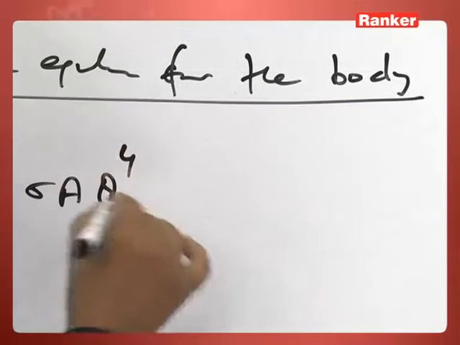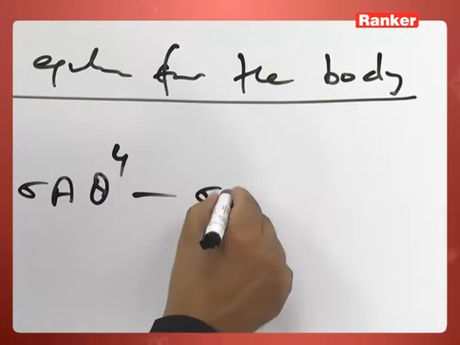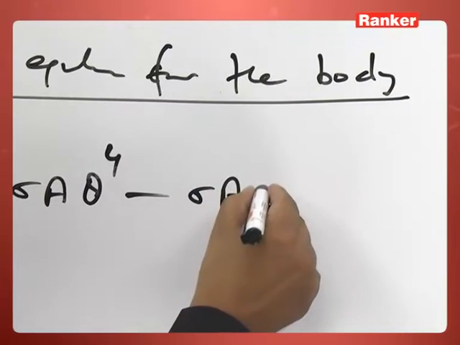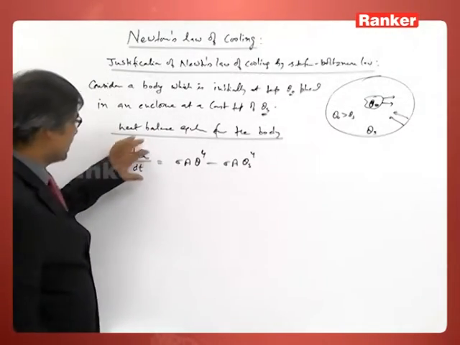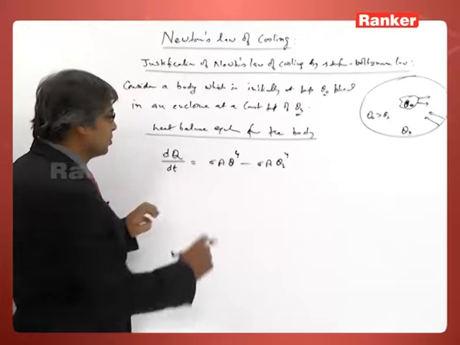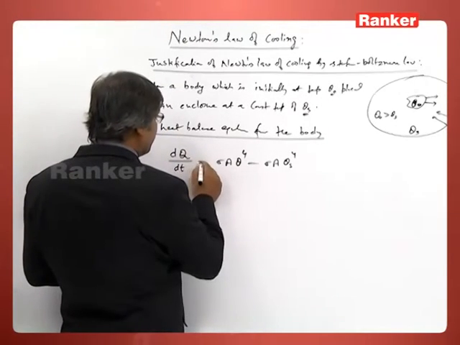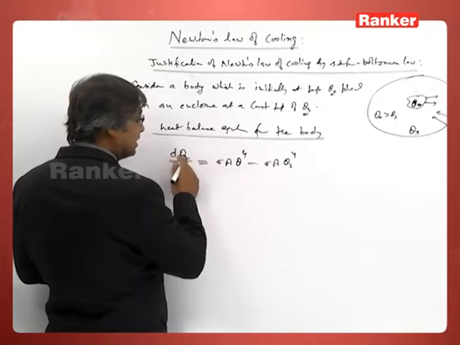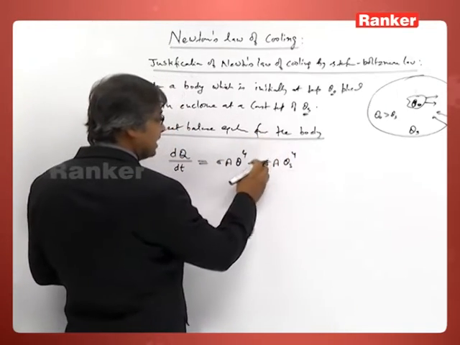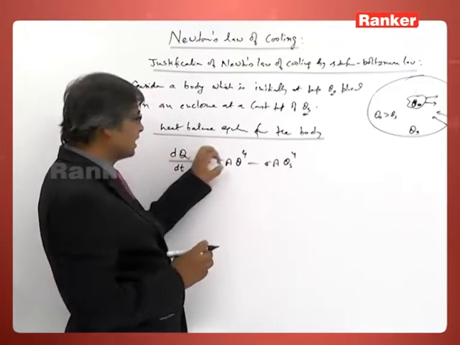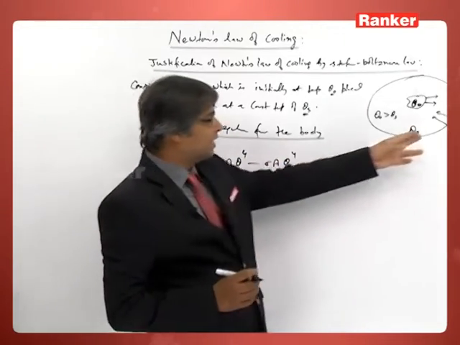So, theta to the power 4 minus sigma A theta s to the power 4. You see, this is the rate of cooling. So, cooling means, or you can say it is the rate of energy being radiated. So, this is the energy being radiated, this is the energy being absorbed. So, cooling is because of energy radiated, and this is the rate at which the energy is absorbed